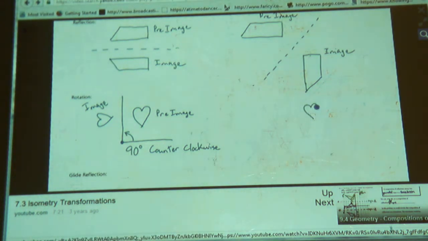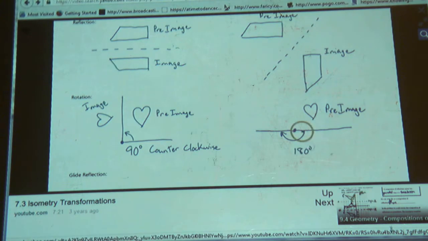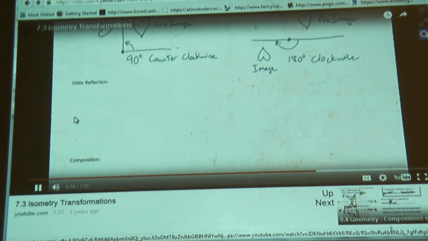If I take that same pre-image and pick a point of rotation, and then this time rotate it 180 degrees clockwise, I end up with a heart that is upside down right here. Notice that a 180-degree clockwise rotation is the same as a 180-degree counterclockwise rotation. Okay, and that's where we're ending that. A glide reflection